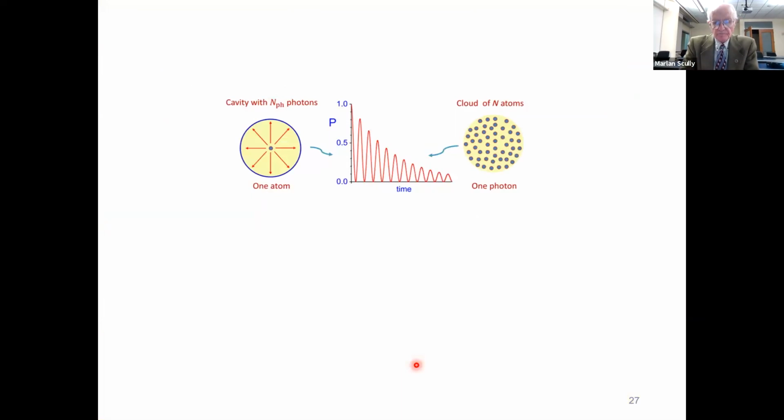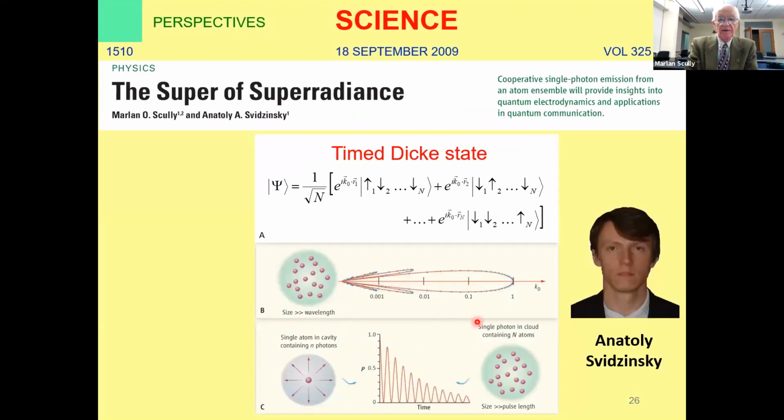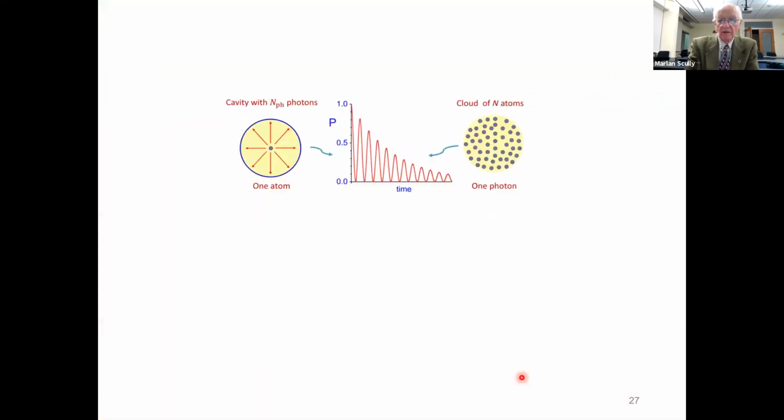If you see, before, I'm going to tell you in a few minutes that by having a cloud of these atoms prepared in a particular configuration, you can get around this lamp shift problem. But before I do that, let me back up and say, okay, this is the N photon compared to the N atom problem. Now let's keep that in mind and look at this next view graph,